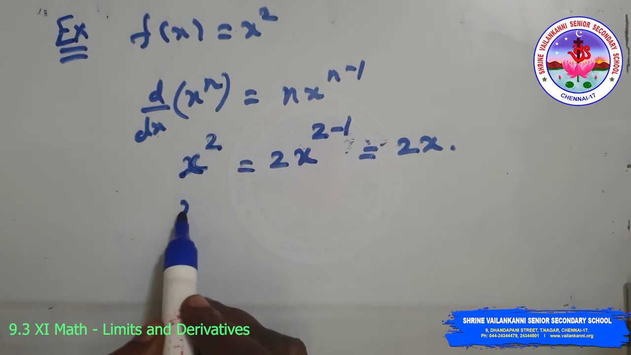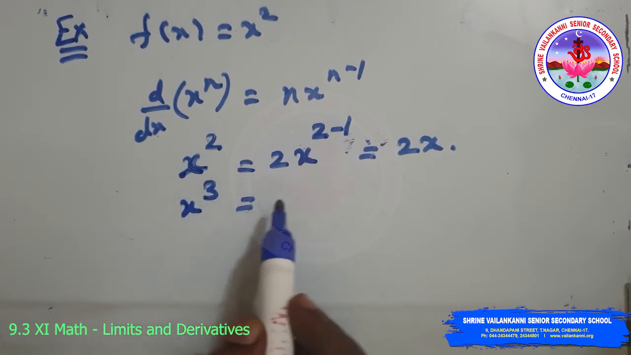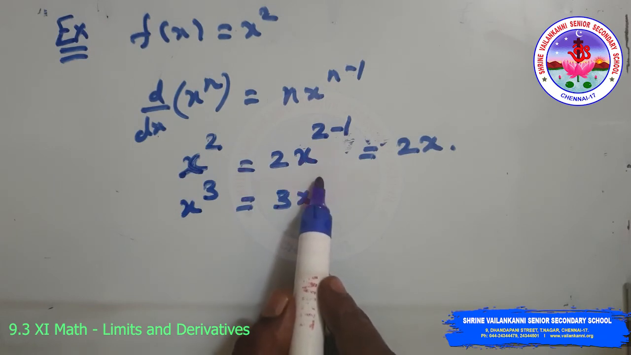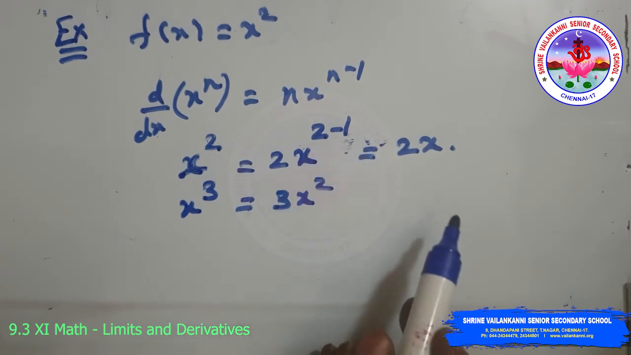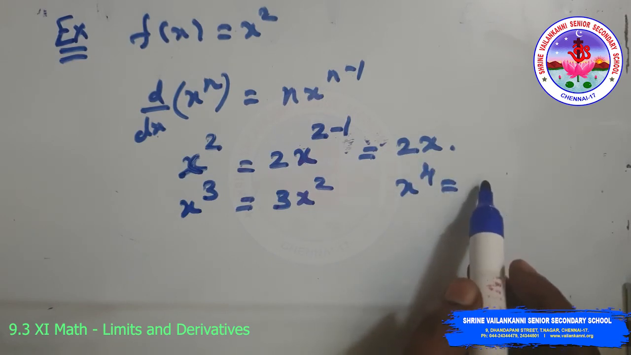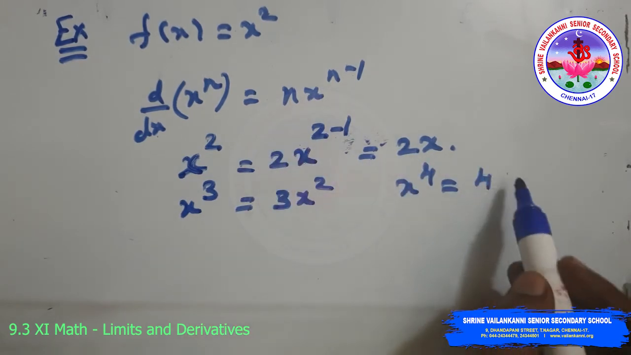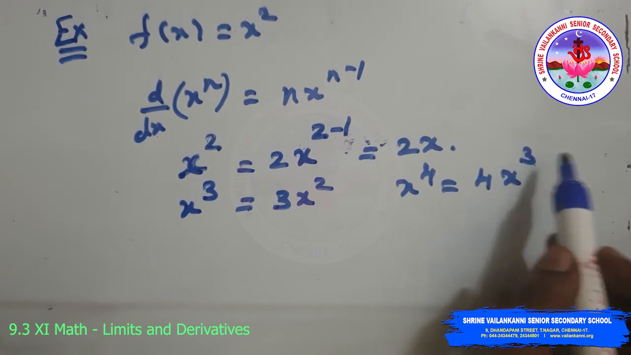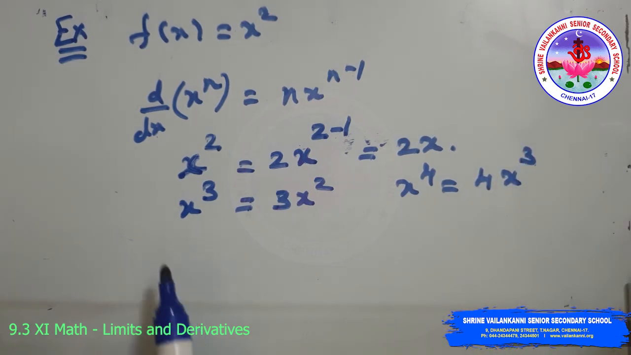Suppose we have to find the derivative of x power 3. Then n is 3. So 3 into x power 3 minus 1, which is 3x squared. Suppose we have to find the derivative of x power 4. Then using the same formula, 4 into x power 4 minus 1, which is 4x cubed. Otherwise we can